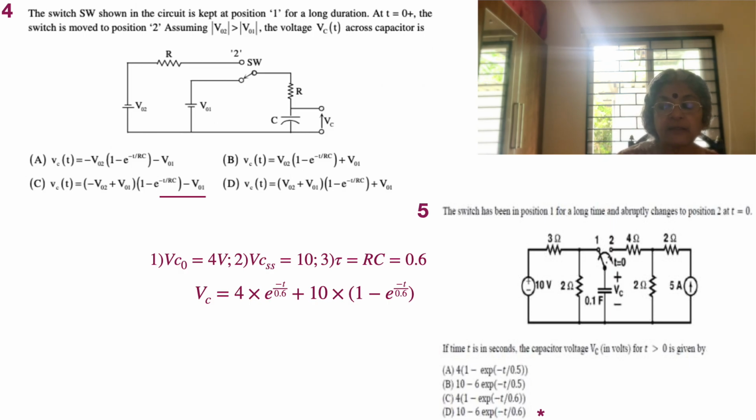The capacitor now looks into a circuit which has several resistors and also a current source. So VC0 is equal to 4 volts first. Second is what is going to be the steady state voltage across it. If the steady state voltage needs to be found, here we need to remember that the 5 ampere source